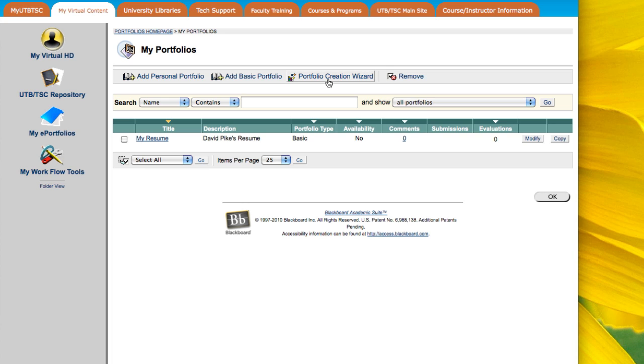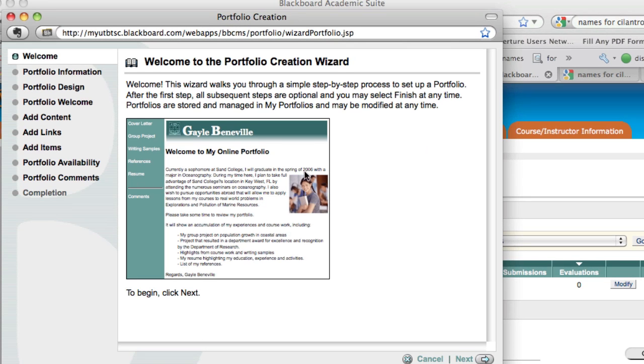And for doing this, it's a good idea to have some forethought on what you want to have within your portfolio. Go through your professor's instructions on what they expect in your portfolio, and your own thoughts on what you want a portfolio to include. And then it'll make the process of creating this easier. So if you go to the Portfolio Creation Wizard, you'll have several steps that you'll be going through to